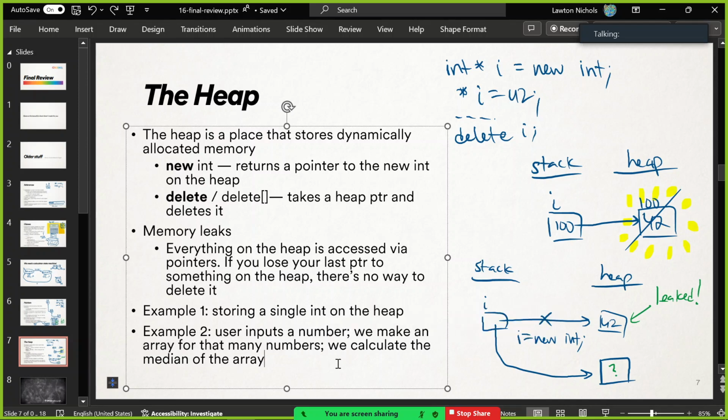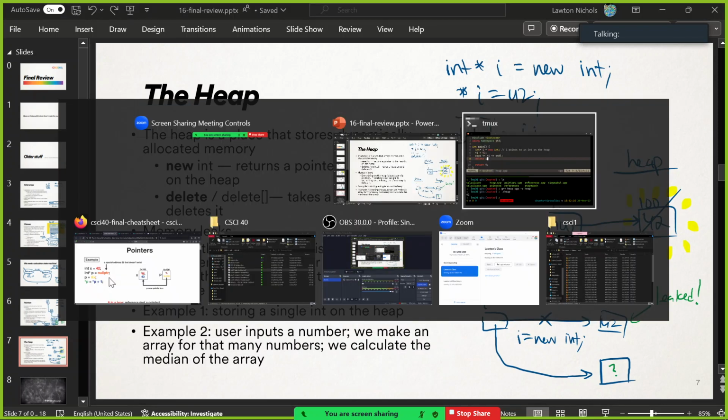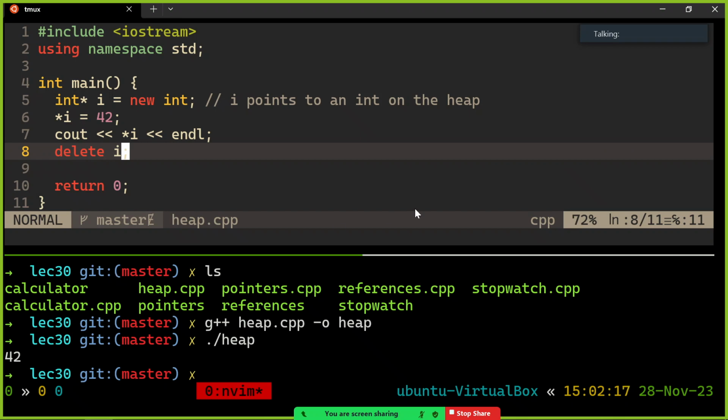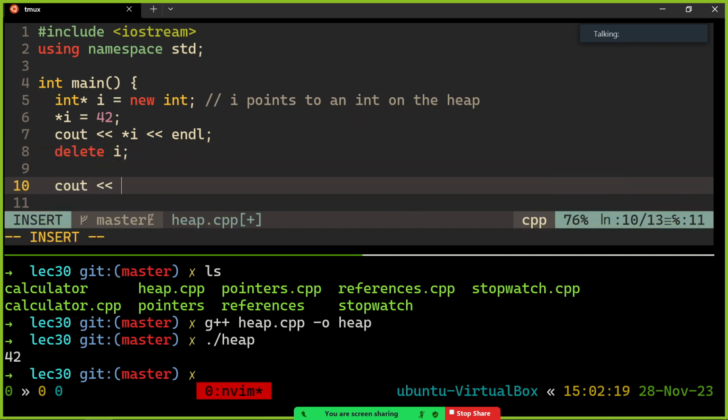And then, just for fun, we're going to calculate the median of that array. Not the average, but the median, which will be fun. So try to think about how you do that as I code up the first bit of it. So, like, you have to ask the user, how big do you want this array? Enter the size of the array. And so we'll get that,